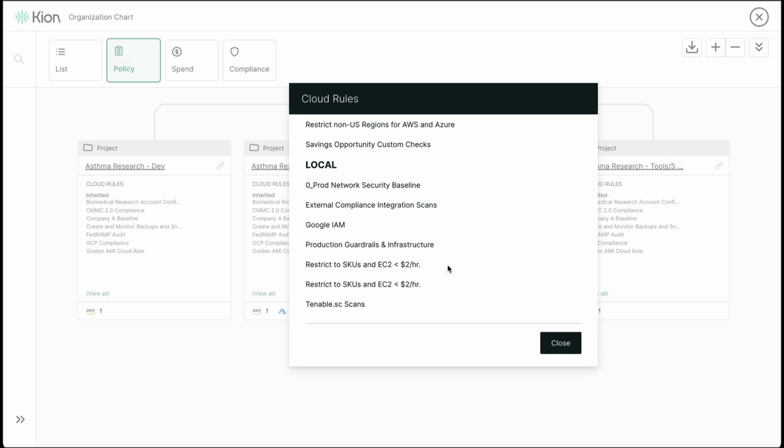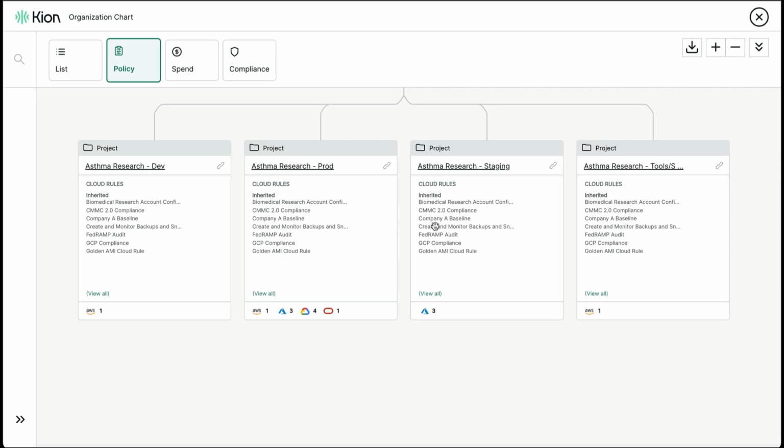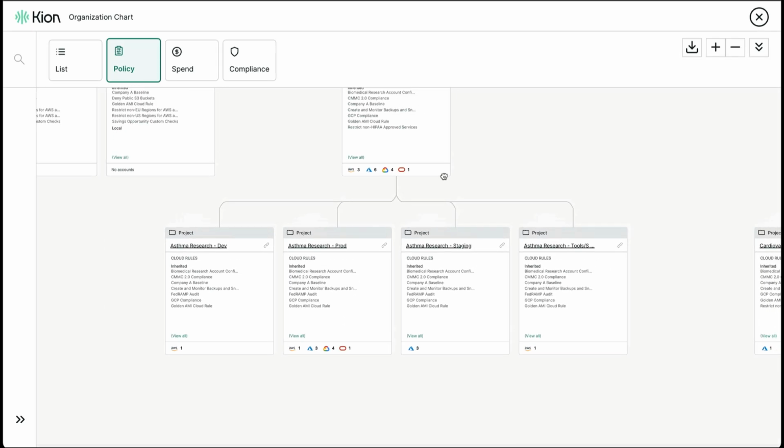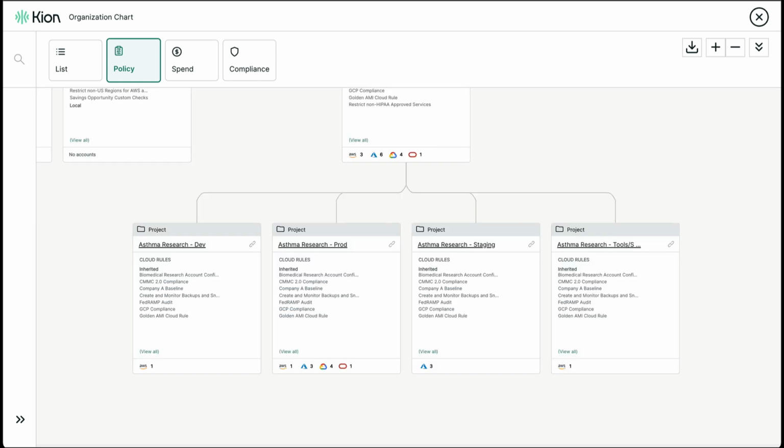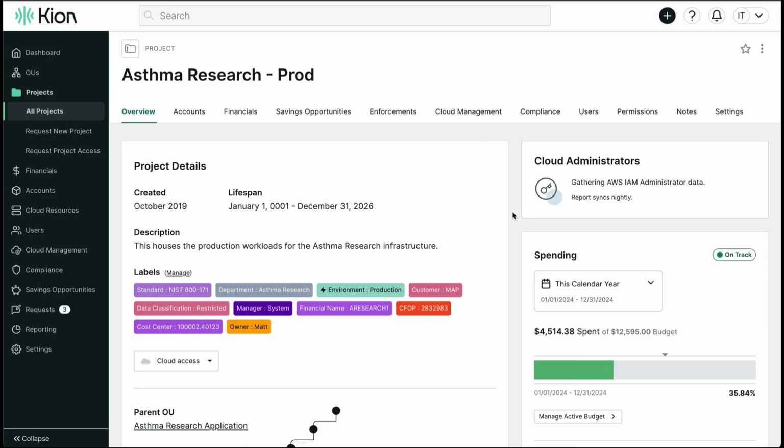So cloud rules are designed to be flexible enough to deploy infrastructure, govern policy and compliance, manage cost, and baseline accounts. So if we look at a specific project, like our production one, we can see the different components that build up a Kion project, which is aligned to any combination of AWS accounts, Azure subscription or resource groups, Google projects, or Oracle accounts. So first we have the overview page, which provides project metadata with an activity feed of